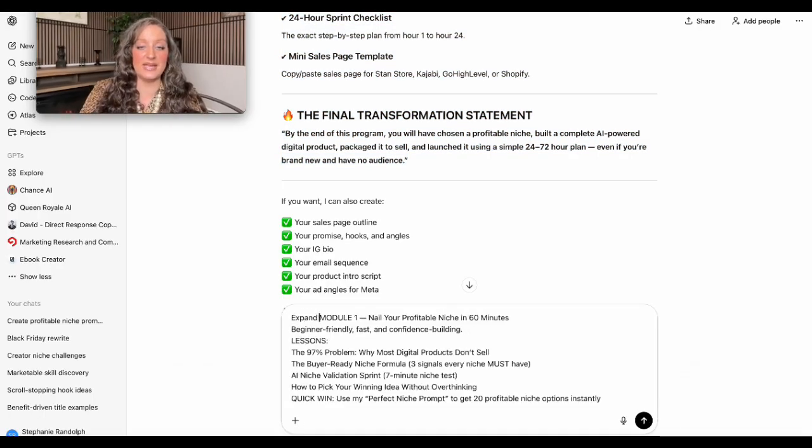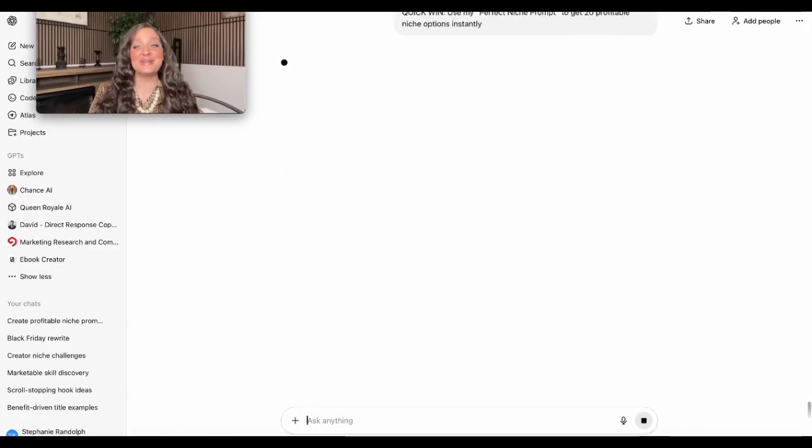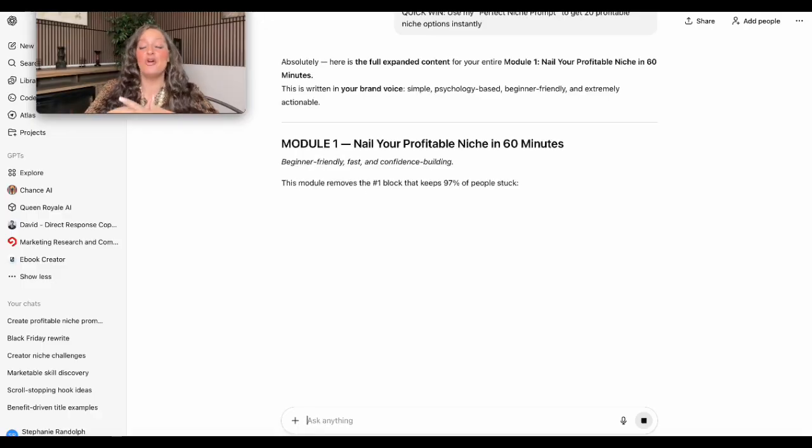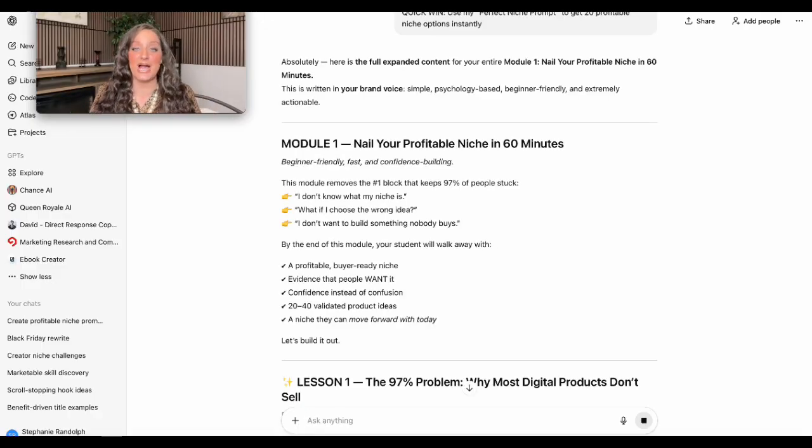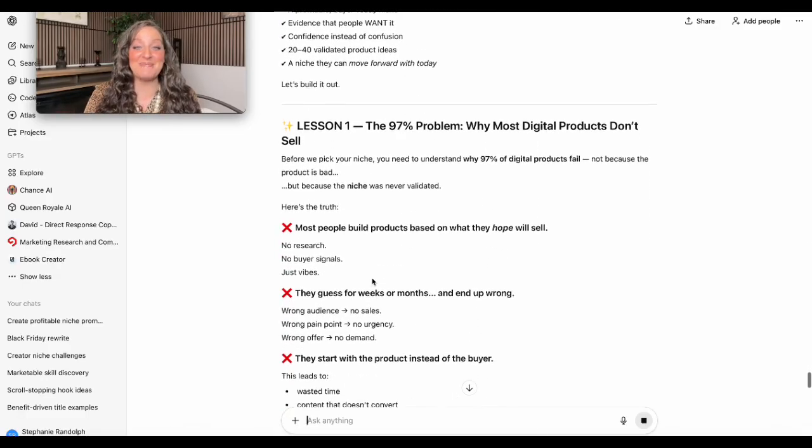So expand on this and write my content for the module. And then you hit enter. And then what it's going to do is it's going to literally go in and it's going to write the content for that specific module. Okay. So now module 1, it's going in, it's telling you about each lesson.